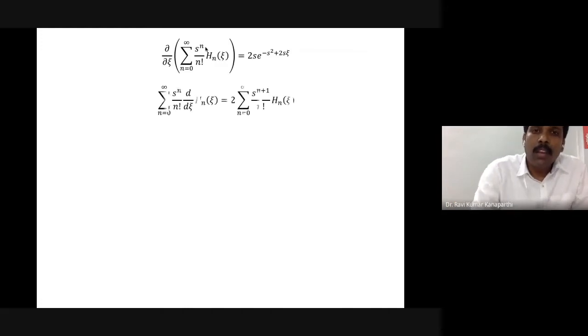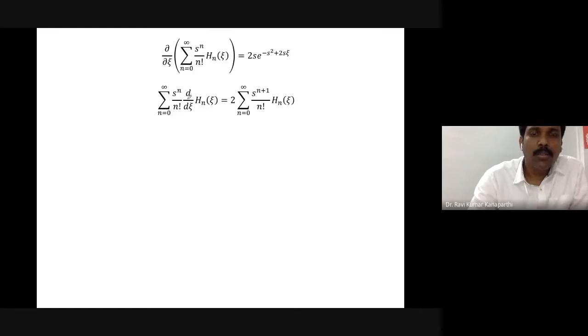Now, as you can see from the left hand side, we have a partial differentiation notation, so you can take it inside, and the differentiation is only with regard to z. Therefore, when you take it inside, it doesn't affect s or n, because these are constants. N is a constant, and of course this is a function, but since we are only considering the derivative with regard to z, it doesn't affect them. So straight away it goes there and sits over here. Okay, it will operate on the Hn of z, because Hn of z depends upon the variable z.